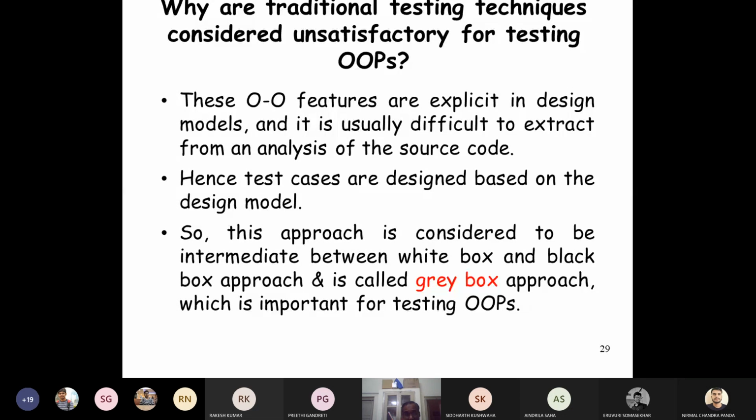So designing test cases from design diagrams such as UML diagrams is known as the gray box approach. This is very much important for testing object-oriented programs.